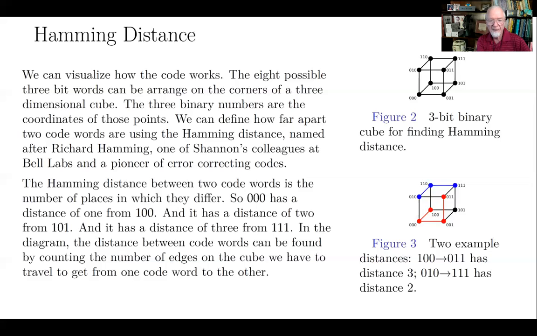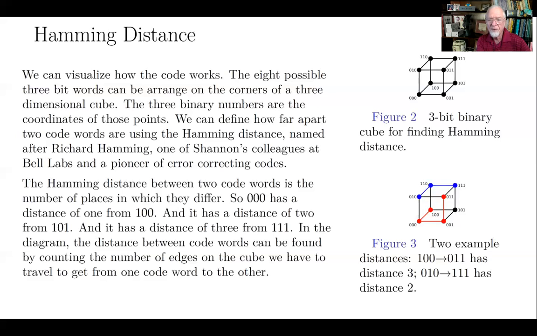And the distance between any two of the possible 8 3-bit codes that could be sent, each is